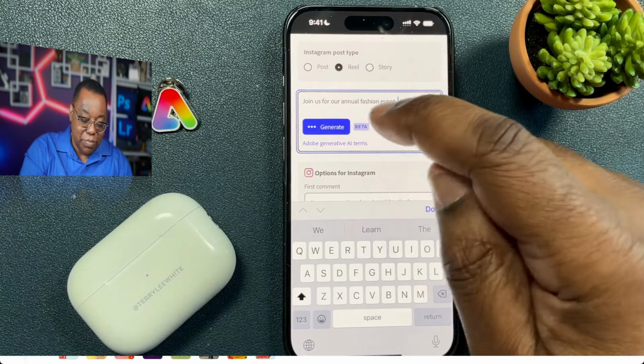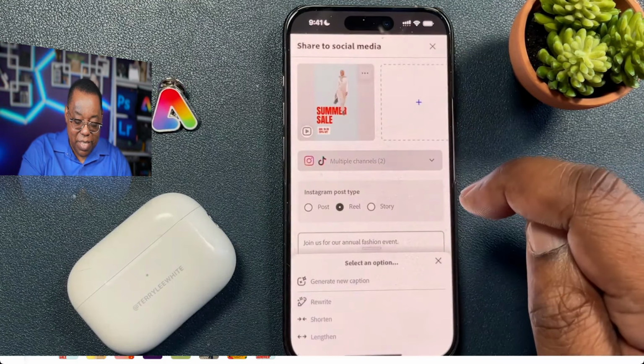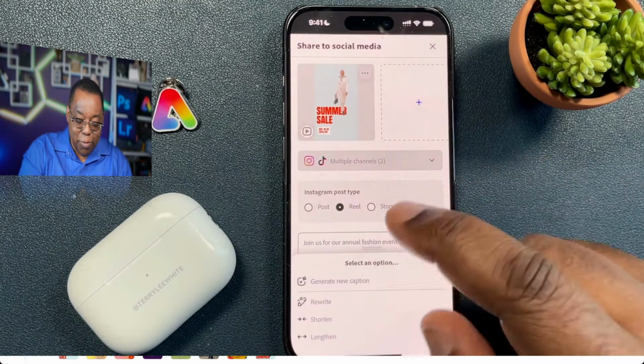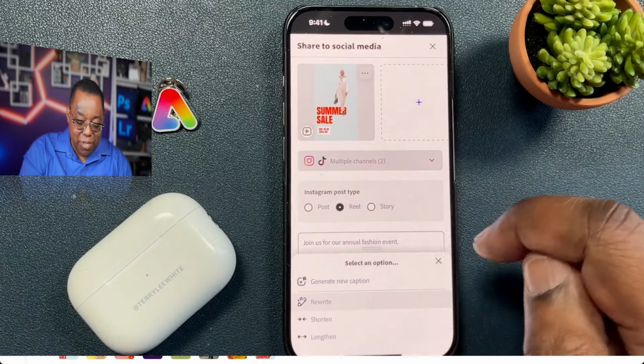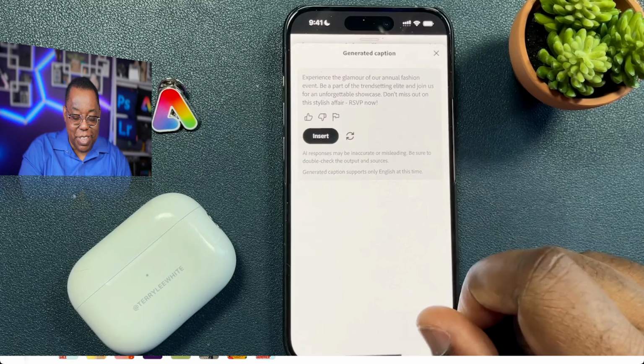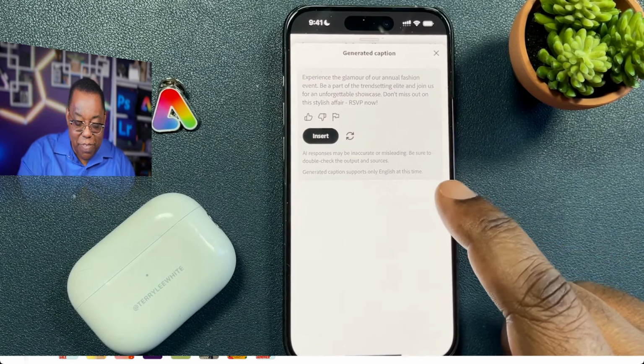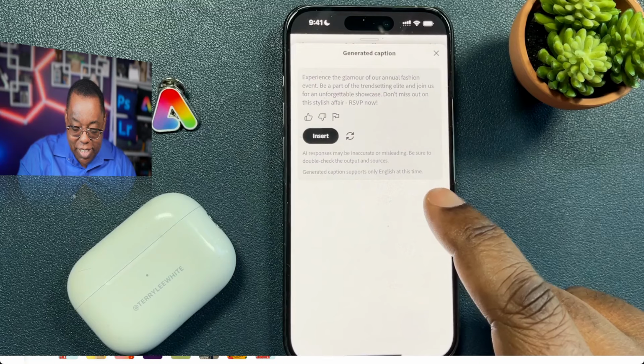Well, luckily, there's a beta of an AI generation that we can hit generate. And I can say rewrite that boring thing I just typed, hit rewrite, and it'll use AI to take what you wrote and give you something usually much better. Experience the glamour of our annual fashion event. Be part of a trend-setting elite